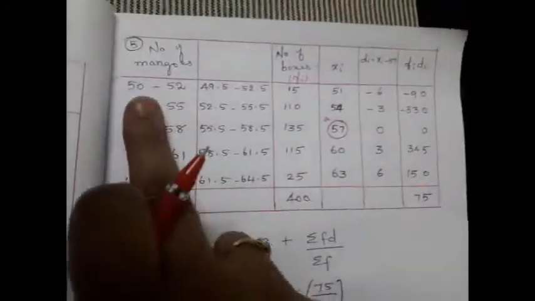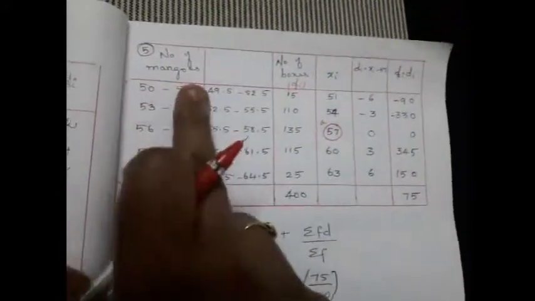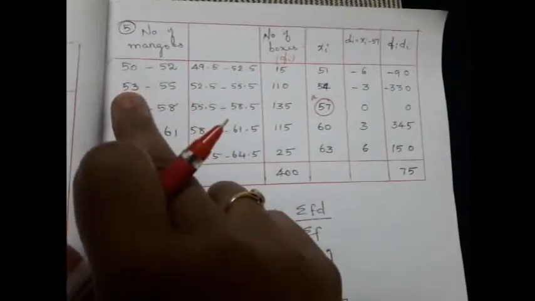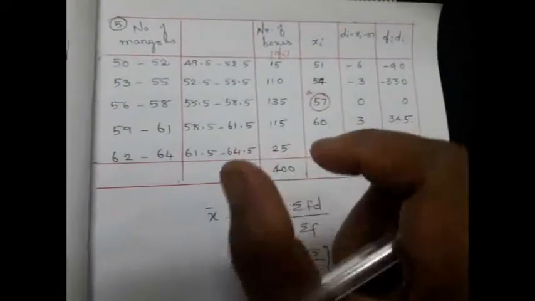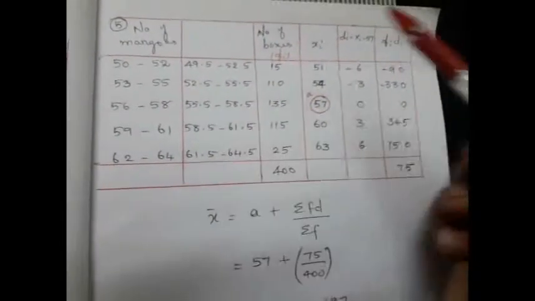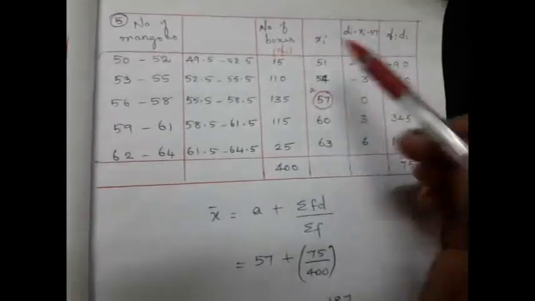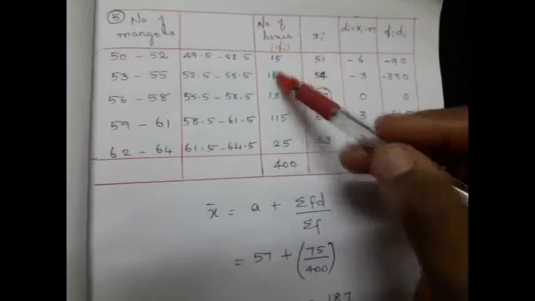See here, what I have done is I have subtracted 0.5 from our lower limit and added 0.5 to our upper limit. So this will become 49.5, this will become 52.5, this will become 55.5. Yes, likewise you can do. Now the intervals have become continuous. There is not going to be much change, but you still have to perform this in order to keep the width equal and the intervals continuous. The remaining things are the same. The frequencies are not going to change.